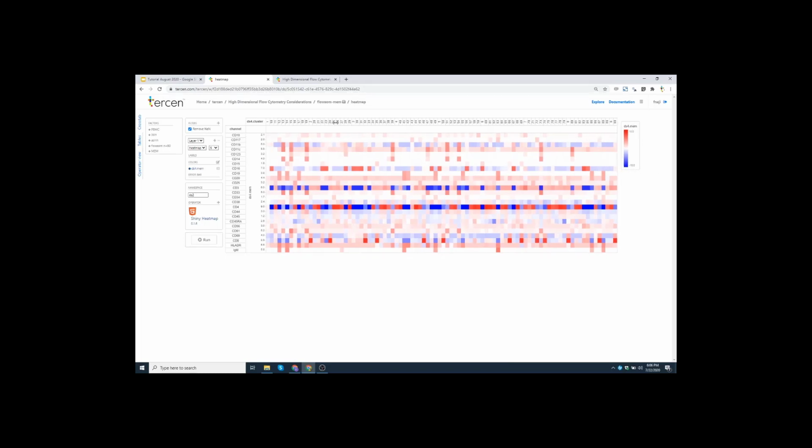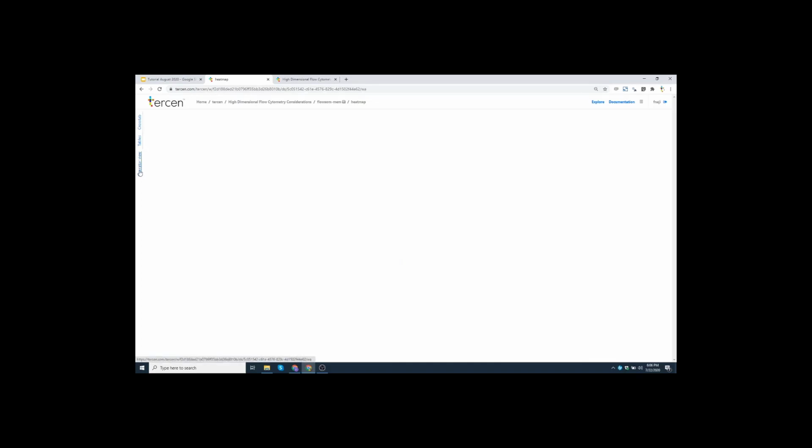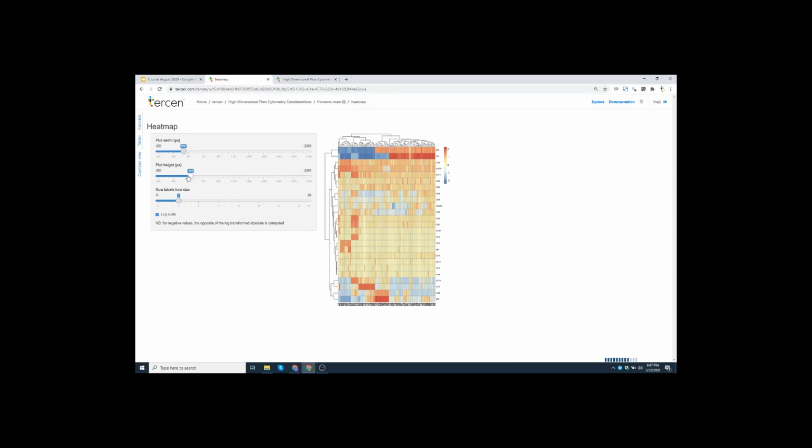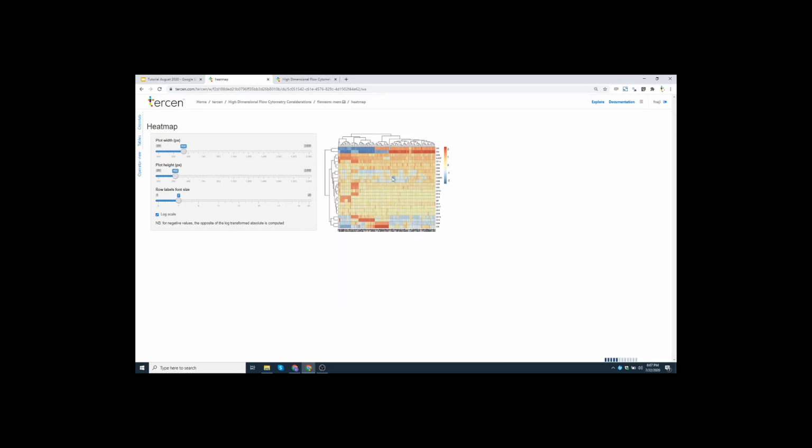So I purposely did 90 clusters. You can now see if these clusters make sense. You can do a heat map. It's called a hierarchical clustering heat map. I'll just log scale here, and I'll make the height a little bit smaller so that you can see. But what it's doing is taking the previous view and using hierarchical clustering, which means that it puts the columns that are similar together. And you can see that there are a lot of columns that are very similar together,